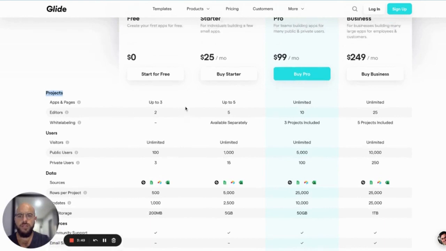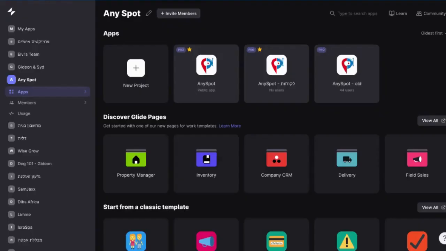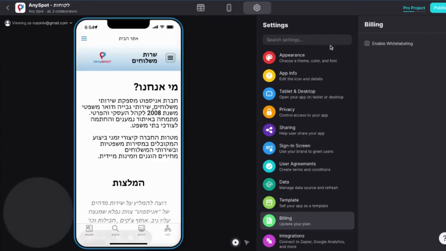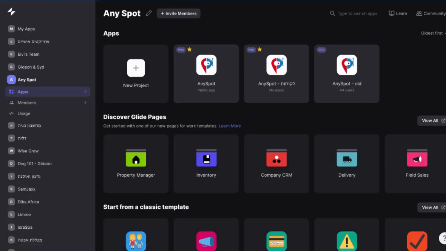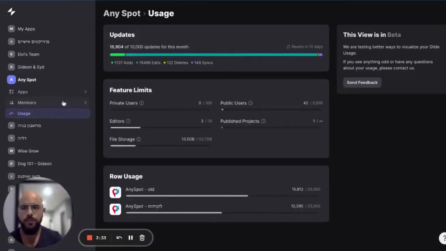Basically, this limitation is about published apps. So not all of these 3 projects are published. For example, this one is not published yet, you see? You can press here to make it published. If you go to the usage of the team, you can see published projects, just one out of